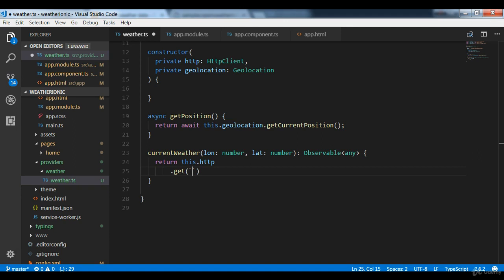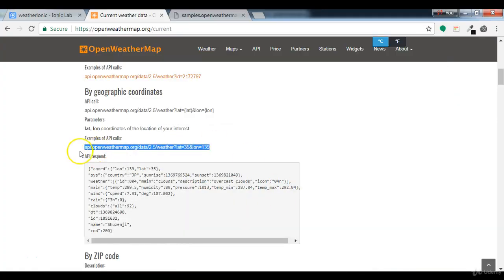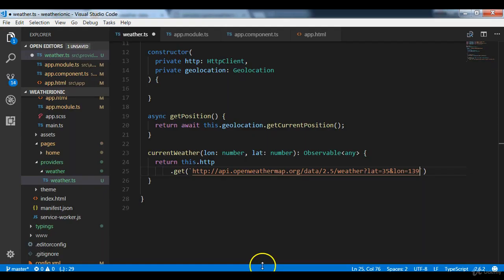Then I type http:, then you pass in the code you copied. So copy out this endpoint. Then inside the get method, you pass the double backticks, http: